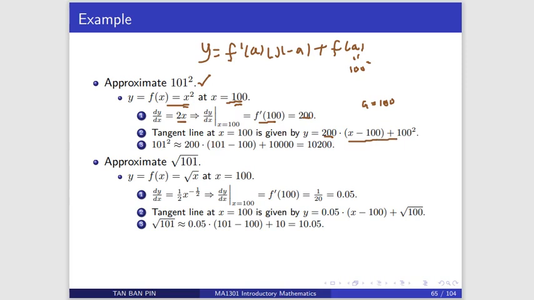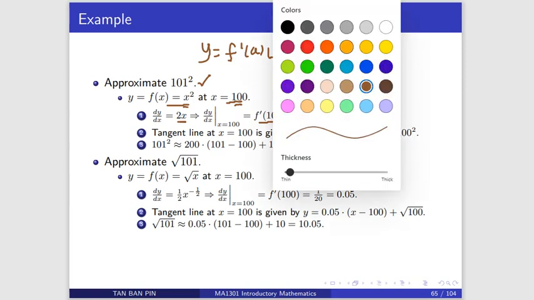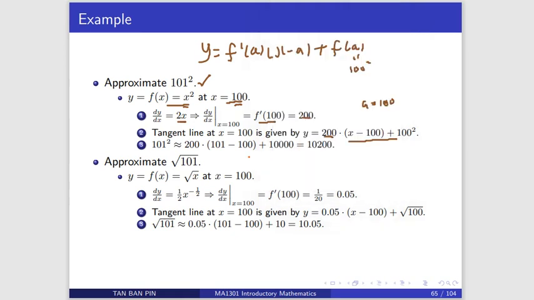And after that, to do approximation, you choose your x, because it is 101. So it means you should sub x as 101. That's why here is 101. And you will find it works out to be 10,200.